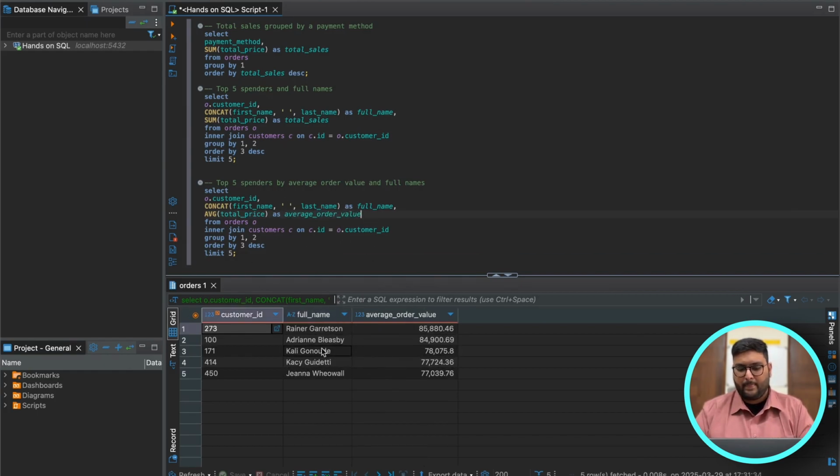If I run this, I will get the top 5 spenders according to the average order values. And if you see, the customer IDs returned here are different from what we got here. That's exactly why we need both metrics together to understand the actual value that a customer is bringing to us. Now, similarly, you may need all the orders grouped by a particular